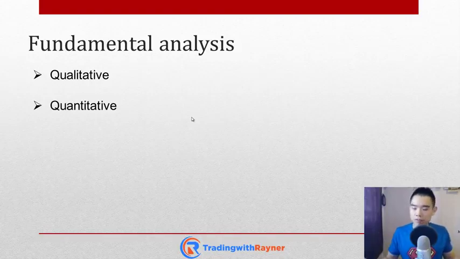So when you talk about fundamental analysis, it can be broken down into two categories: qualitative fundamentals and quantitative fundamentals. What you're trying to do is gather insights and information, maybe from the economy, from the financial statements, from the company itself, to derive an intrinsic value for the company. This is what fundamental analysts try to do. And then if the stock price drops below the intrinsic value, you buy. If the stock price is above the intrinsic value, you sell. That pretty much sums up the role of someone trying to use fundamental analysis